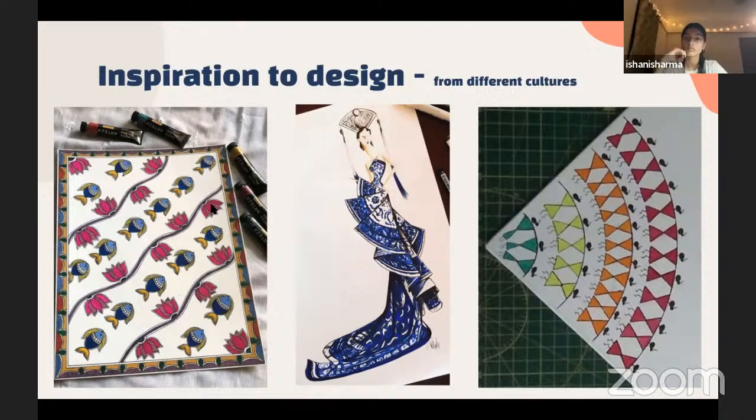Some parents ask me, sir, the subject topic is fine, but where is the book to complete? No, if somebody gives you a task book for design, it is very wrong, it is spoiling you. Because you will design the same, your friend will design the same, somebody else will design the same, and everybody will get the same marks. We always have to have our own approach to designing.